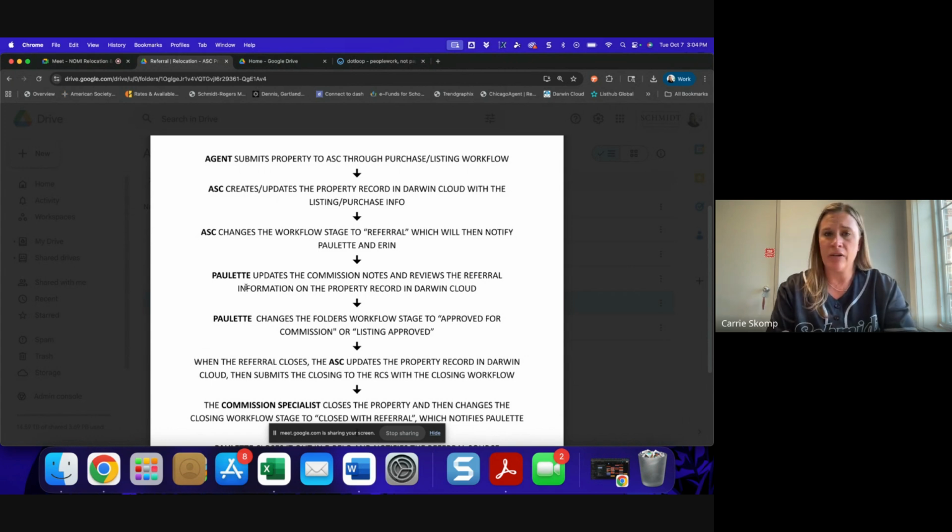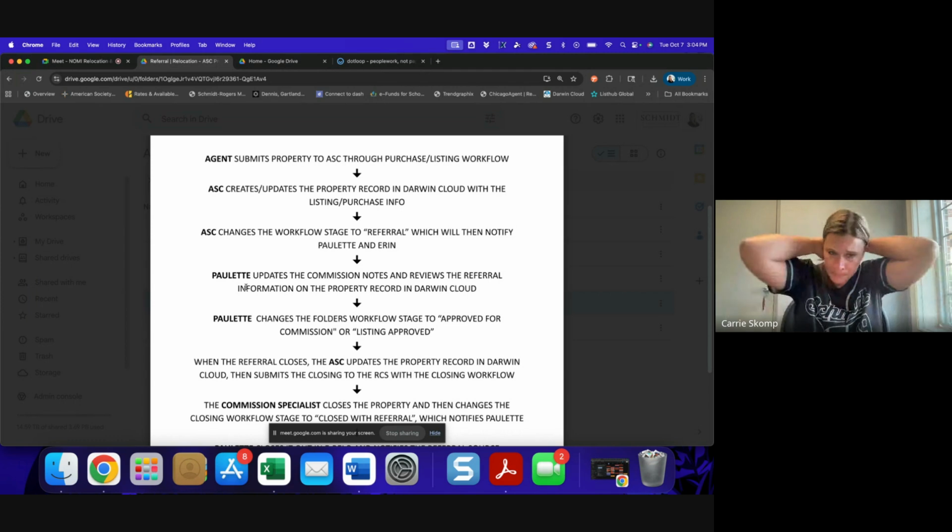Now, this doesn't necessarily mean that she has approved the referral information. If it's a non-departmental referral, which means it didn't come from Paulette, it's agent to agent, or if it's an agent that's had a longstanding relationship with maybe a Schmidt referral network agent, and so they're doing it outside of the department, she's still going to mark that as approved. It just means that it's not her referral to have. She doesn't have the information, and she puts the notes in Darwin saying non-departmental. From there, the regional commission specialist knows that they will then put in the referral information into Darwin based on the paperwork that is in .loop. And we'll talk about that part in just a minute.